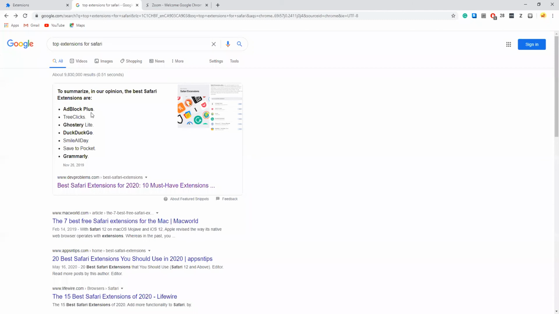Those are three really great and popular extensions that you can add to not just Chrome, but also Safari, Firefox, or Edge. Anything else, Google is your friend if you want to explore other potential extensions to add to your web browser. But I think that's all I have for today, other than I will briefly touch on